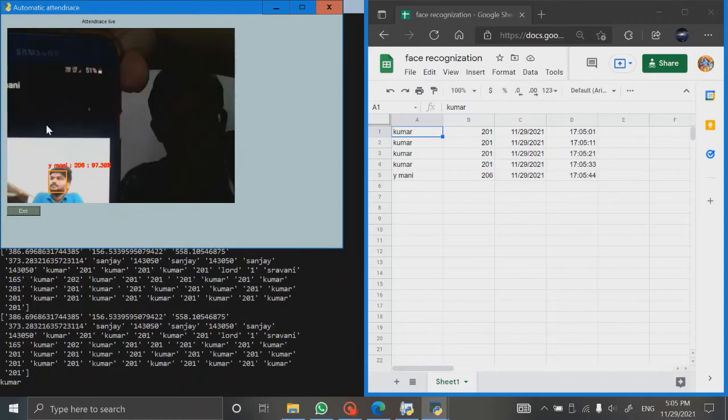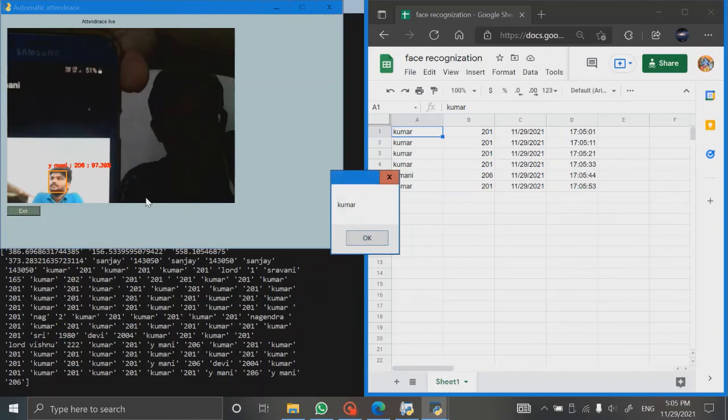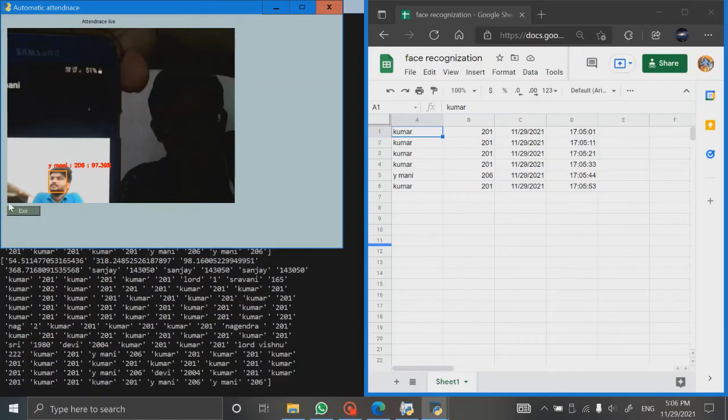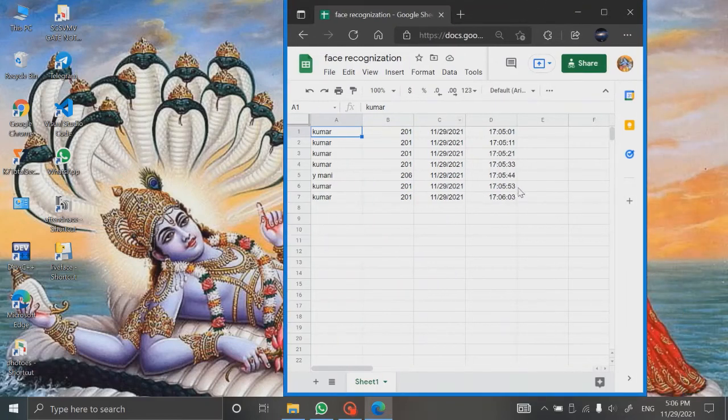Here it is not updated. Again I came into the page. So here when clicking this, you can exit, or you can click this also to exit. So here you can see the attendance like this. It happens in the